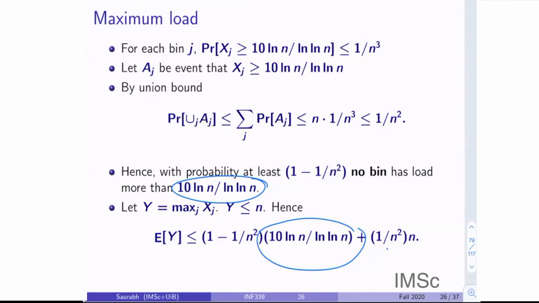I just want to say only one thing. These are the only inequalities which we will use, and I would request people to browse through the kind of inequalities we apply, because we will be applying them almost every lecture. That is why I gave the basics of this. We will also be applying an analysis like maximum load many times in the course. So it is good to see these things once as an abstract object. If you do hashing, you do this balls and bins there all the time. That is basically hashing, and balls and bins examples are more or less similar.